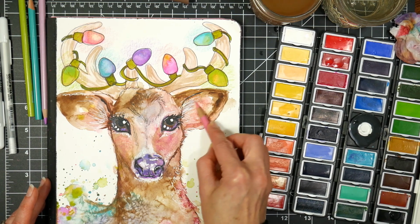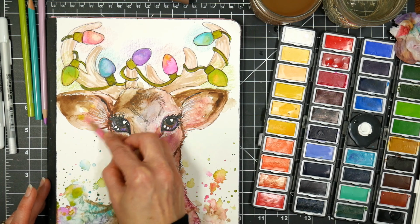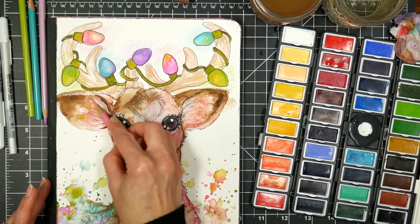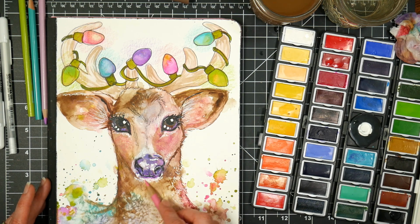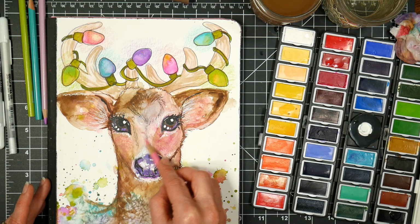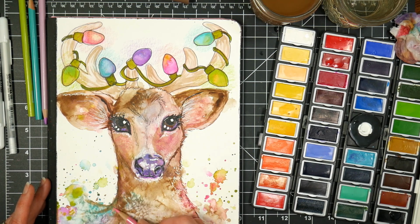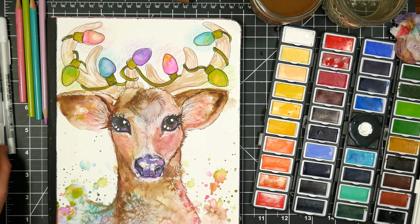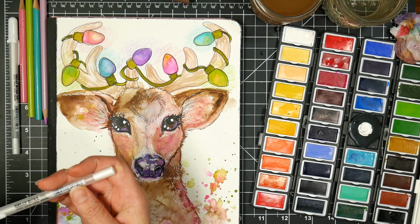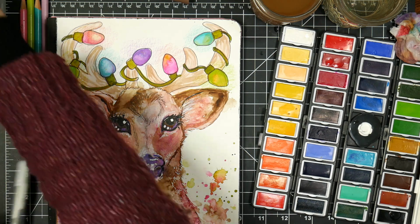And a little bit of pink in the ears too, and just exaggerate that pink in the ears. It's a nice lively color. Okay, I think I'll try my gel pen first and see if that's bold enough, but I want to put some highlights on